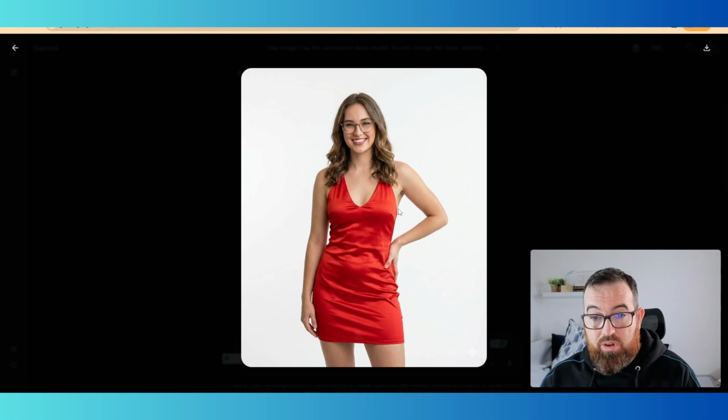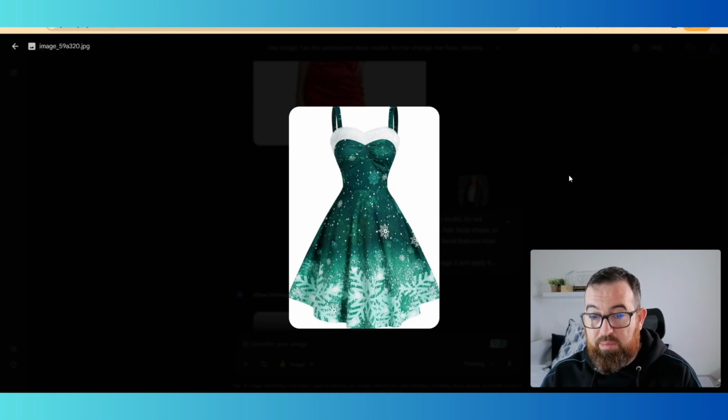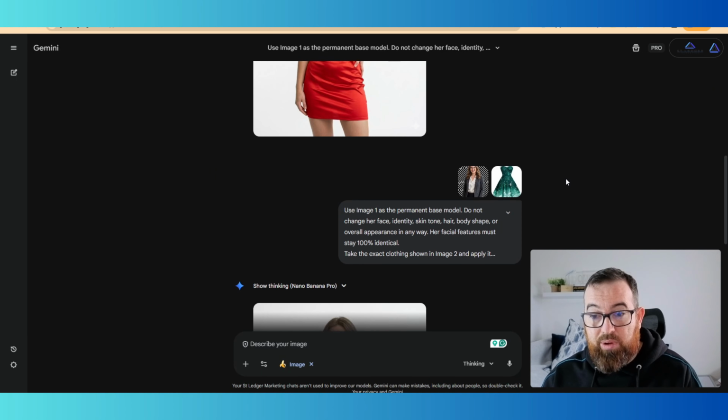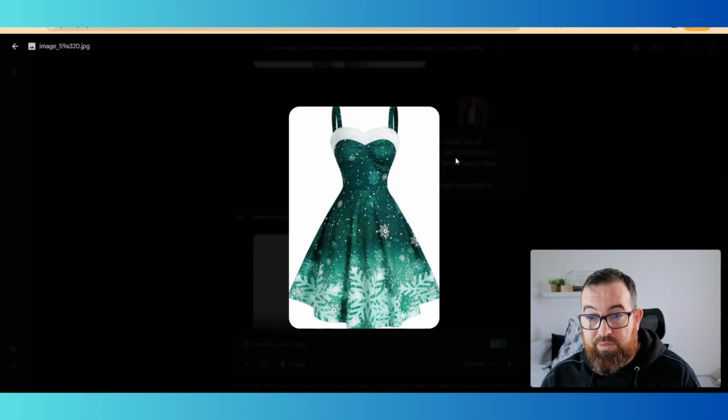You got the dress 100% perfect fitting on her. Same dress. You have all where the dress is going to be. Everything fits into it. Now this is going to work for both women's and men's clothing. It makes no difference. And once you have your images of your clothing, it's easy enough to do it. So again, I went off and grabbed another random image for the Christmas period and wanted to do the same thing. And lo and behold, it has the exact same information,